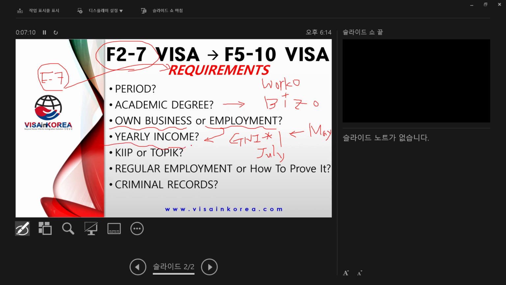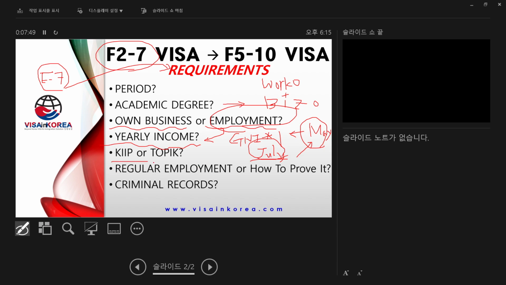But you need to consider that if you work at one company as an employment and do 연말정산, the year-end withholding tax certificate, you can report in February. But if not, you can report your whole deductions and exemptions and your income every June, right? And you can get your income certificate in July.